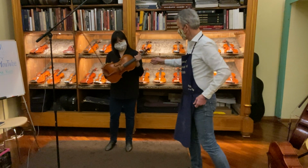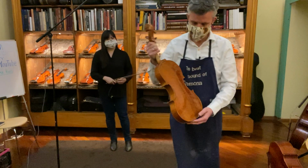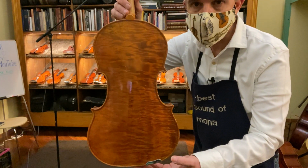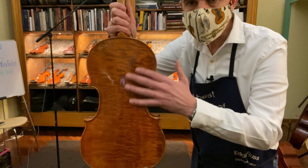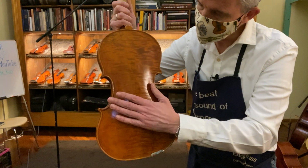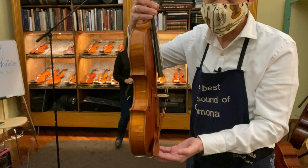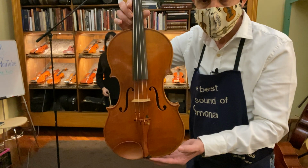Very interesting. Every time I hear this viola, I always like it a lot, because it's also very beautiful to look at. The back is out of Italian poplar, and usually the Italian poplar is too much flamed, so then it actually isn't that good anymore. But here it is slightly flamed and slightly slab cut, so it's perfect wood for a viola. And the smaller the viola is, the more important it is that the type of wood you use is perfect. The top is from the Val di Fiemme, Haselfichte,